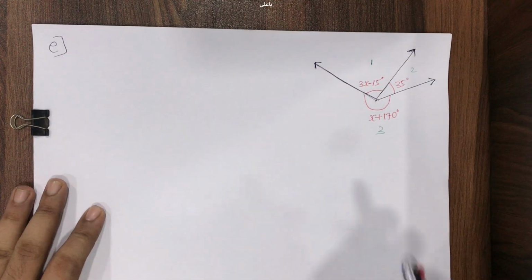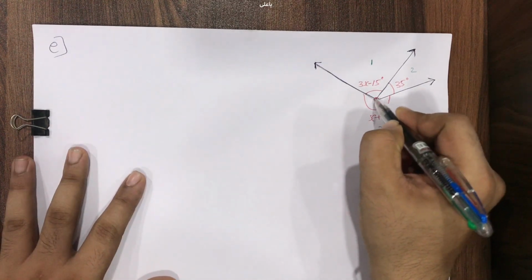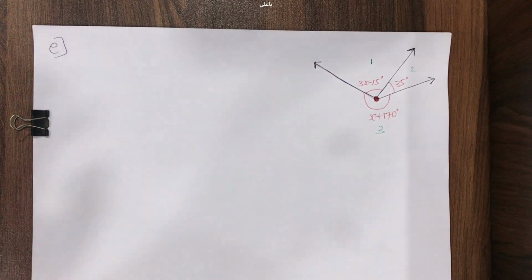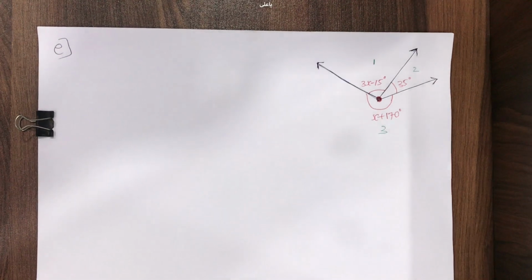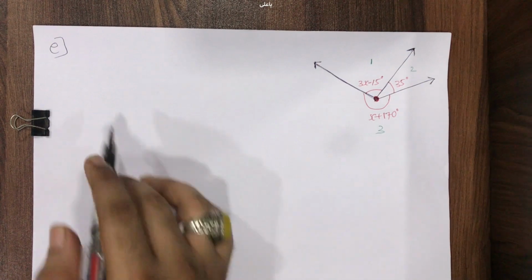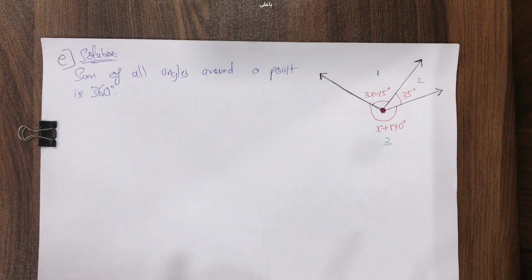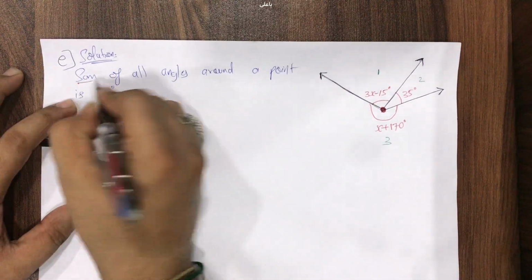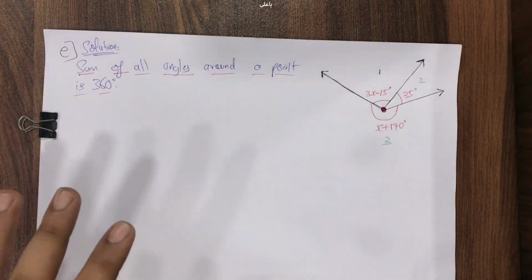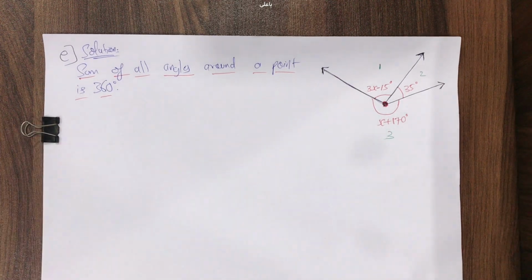But can I say all the 3 angles are with respect to a common vertex, or in other words, can I say they are around a common point, this with red color, and we have a rule. What's our rule? What's our theorem? Sum of all the angles around a point is equal to 360 degree. Let's write that, all of you, fast. Okay, students, so I wrote the reason, or I can say I wrote the property. Sum of all angles around a point is 360 degree. It's compulsory to write this line. We always have to write the reason of what theorem we are using.